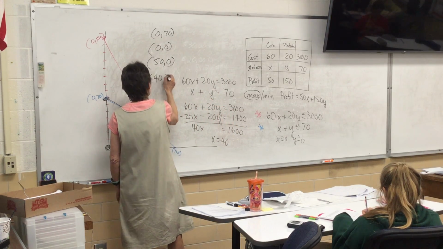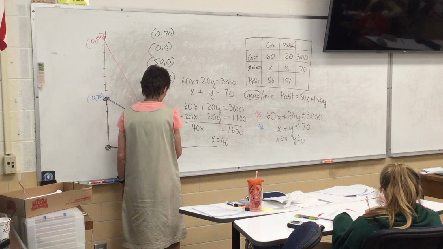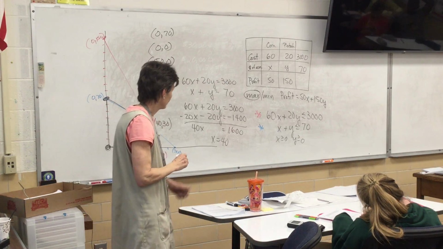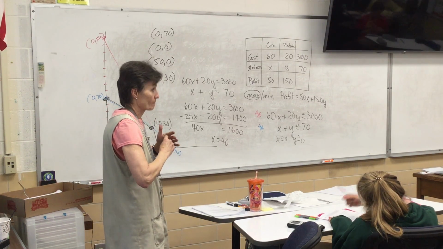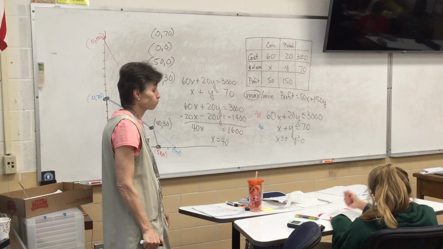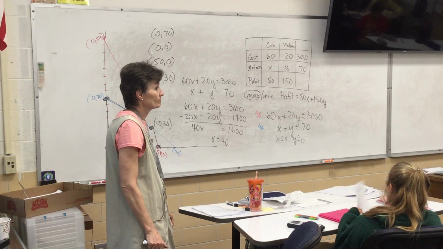I got 40, 30, but I could have made a mistake, so I'll wait for you. Or check me if you've already done it. I got 40, 30. Gone a little bit. So for 0, 70,